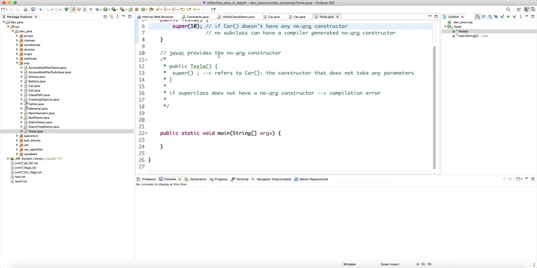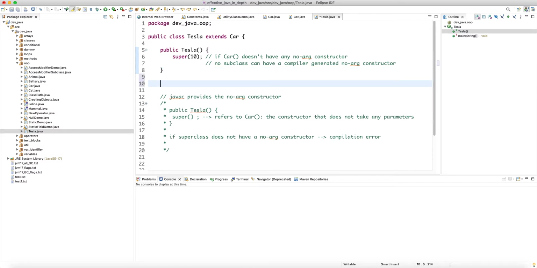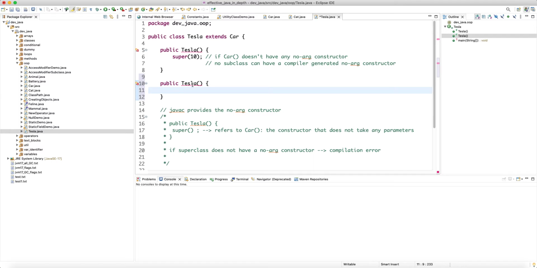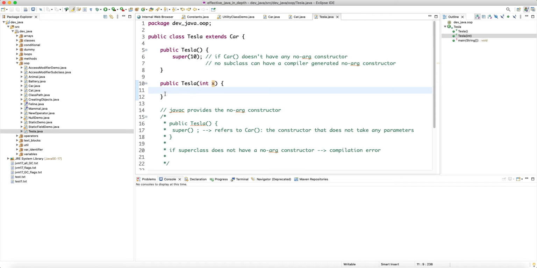But then we said that this call to the superclass constructor is always the first line in your code, even if you don't write it. Obviously we can't have duplicates, so let's say this takes an int. Even if I don't put anything here, the compiler will synthesize this call to the no-arg constructor of the superclass. And again, if the superclass doesn't have such a constructor, you get a compilation error. But if it does, then the compiler automatically calls that, right? But then the next line is